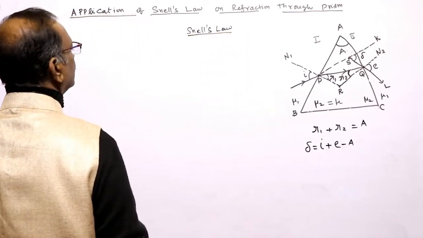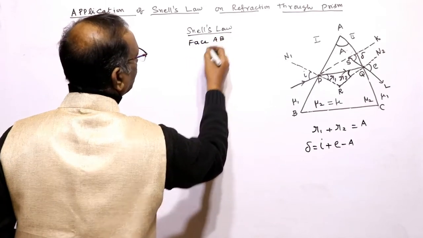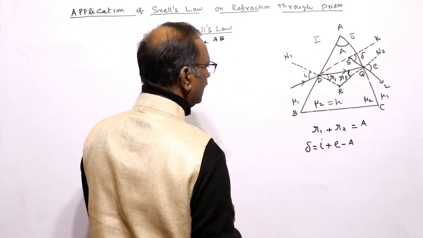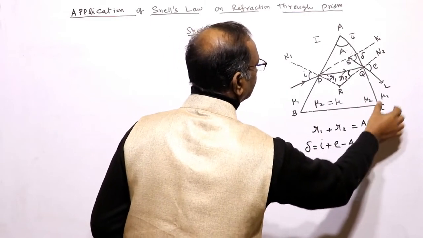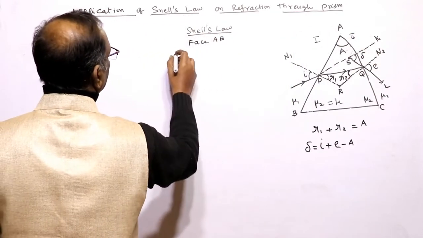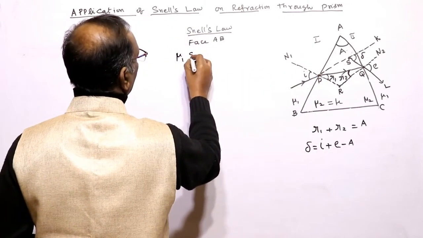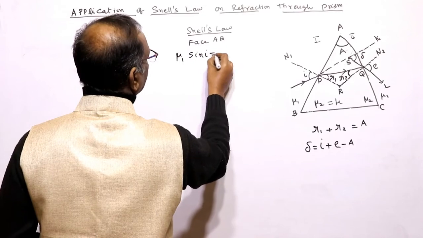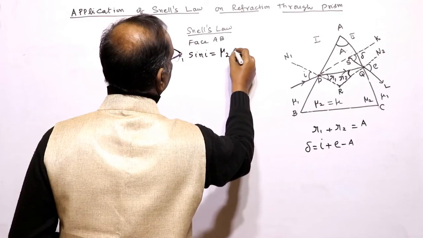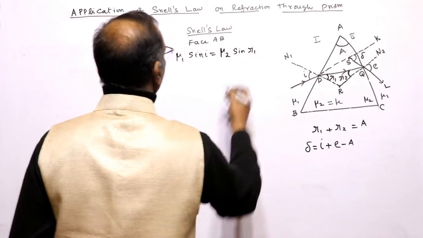applying Snell's law in the first phase, phase AB. In this phase, this is the refractive index of the surrounding medium, and this is the refractive index of the prism material, and again this is the refractive index of the surrounding medium. Therefore, refractive index of the surrounding medium into sine of angle of incidence is equal to refractive index of the second medium into sine of angle of refraction, this one's angle of refraction R1,